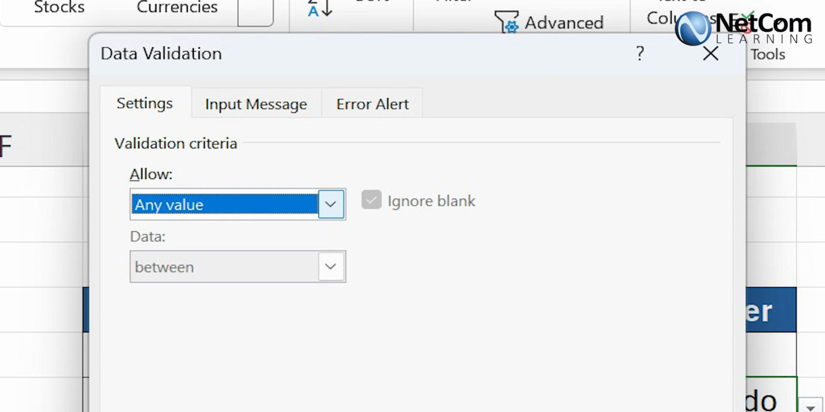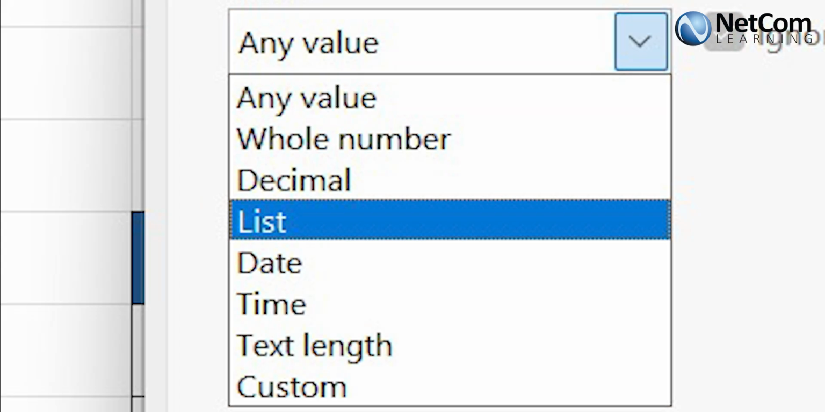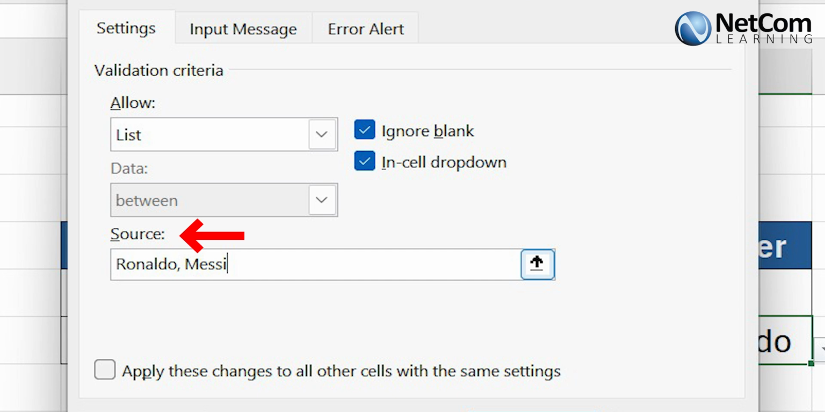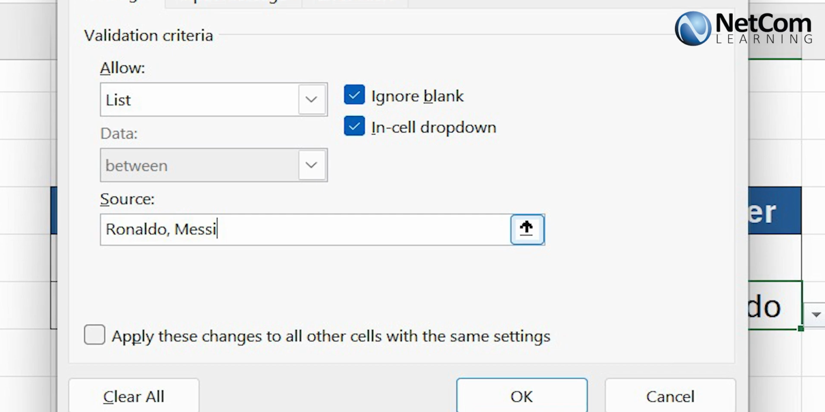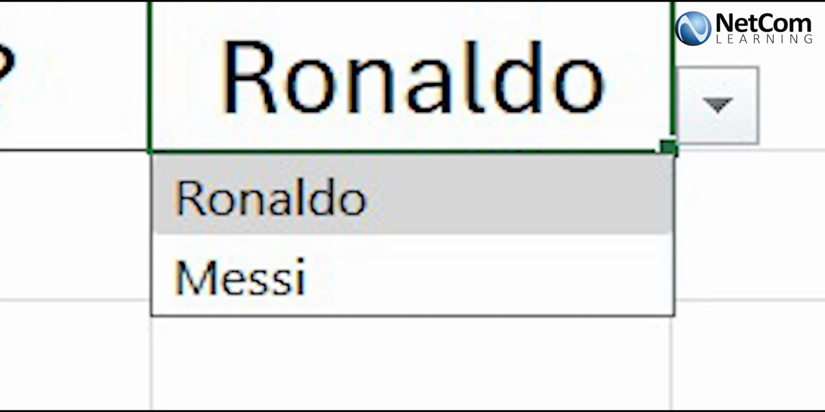In the Data Validation dialog box, go to the Settings tab and choose List from the Allow drop-down menu. Now, in the Source field, type the items you want in the drop-down list separated by commas. Once you have entered the items, click OK. Now, when you click on the selected cell, a drop-down arrow will appear and you can choose from the list